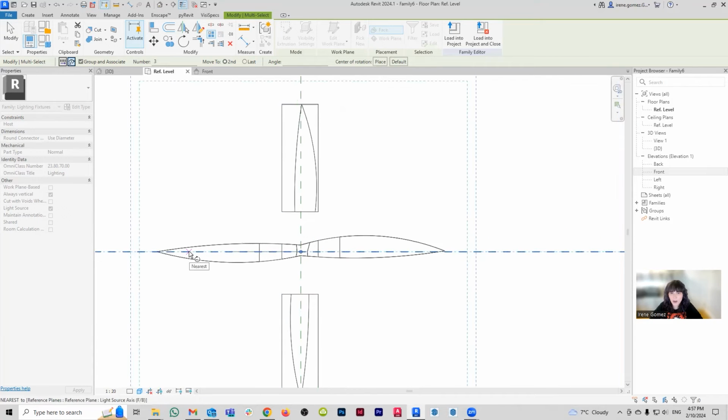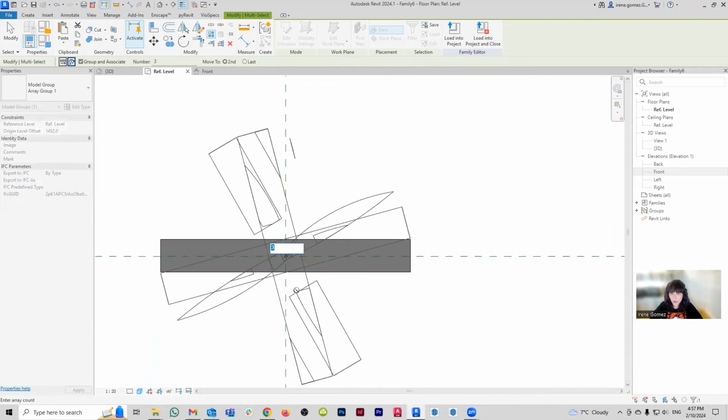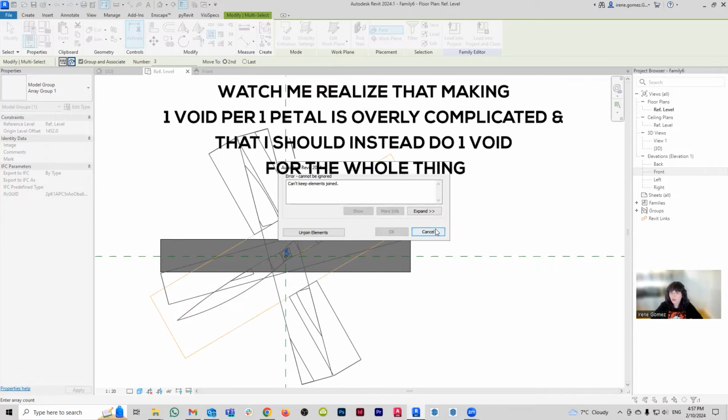And what I'm going to do now is come here and say, I don't know, 15 degrees, maybe. Put it there. And now that's going to generate 3. We're doing first and second. I think it's not rotating my voids at the same pace. That might be a problem.